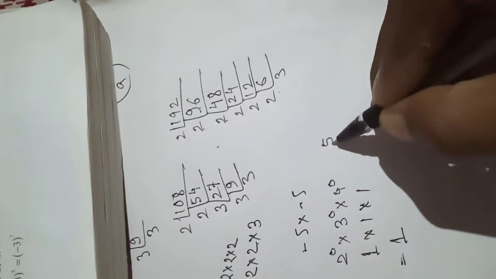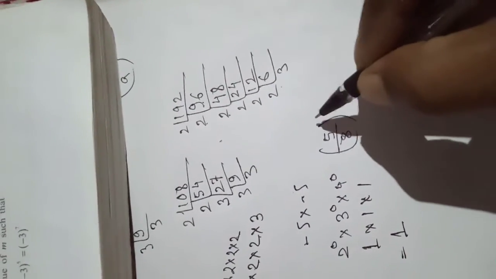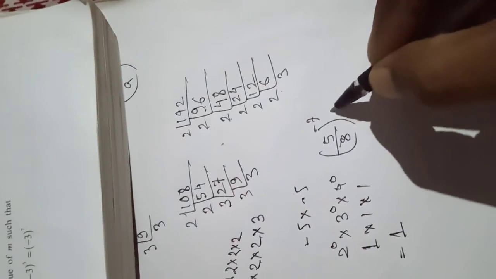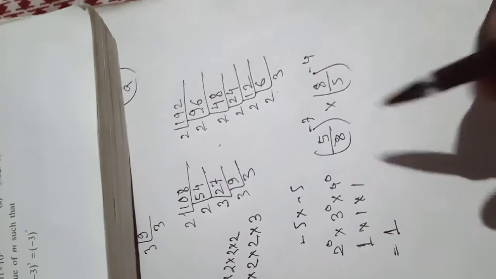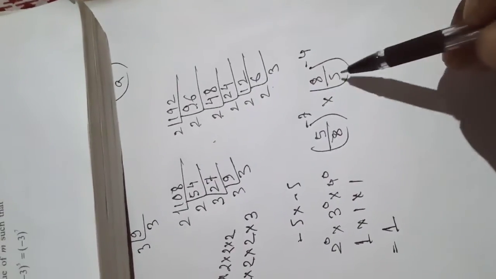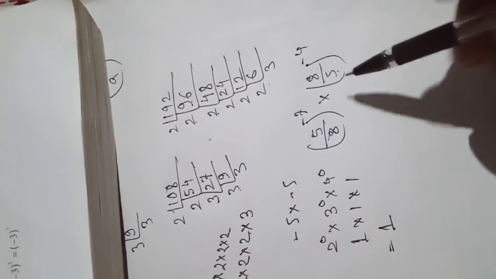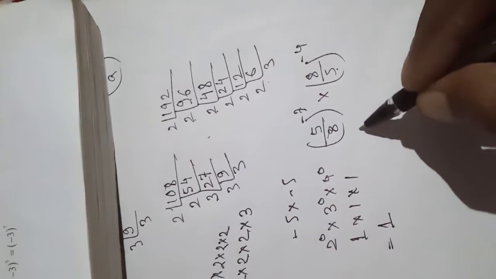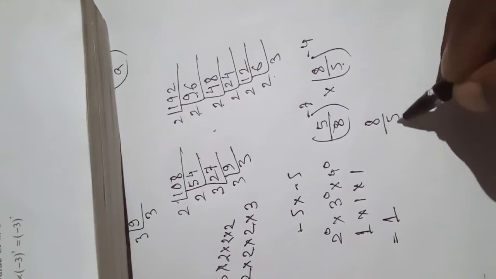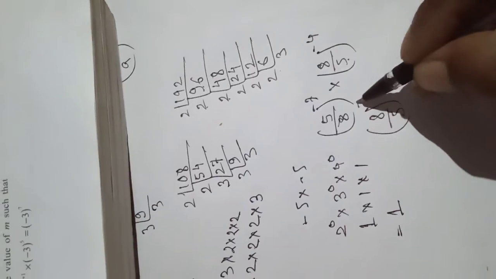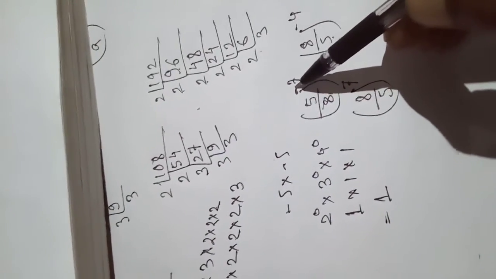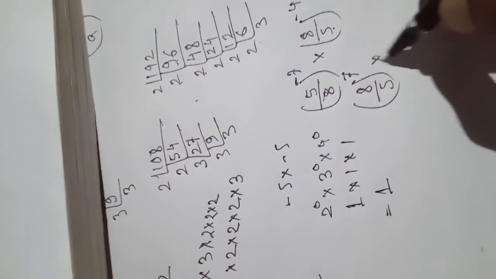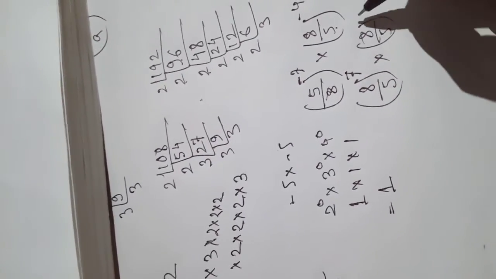There is 5 by 8 to the power minus 7 into 8 by 5 to the power minus 4. Now see here, this one is 5 by 8, this one is 8 by 5. We can change any one of them. Suppose I am changing this one to 8 by 5. Then the power will be how much? 7, because if you invert this, the sign of the power will be changed. Then into 8 by 5 whole to the power minus 4.